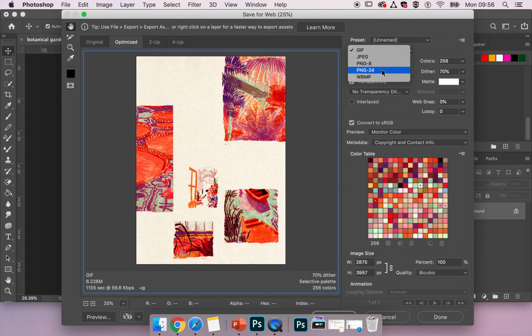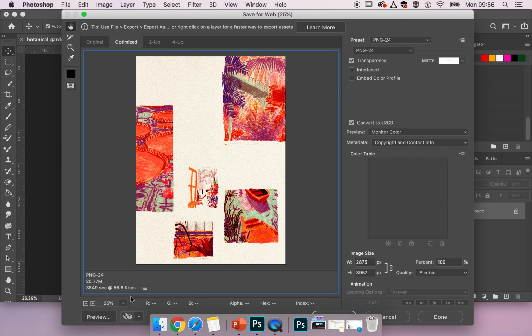PNGs have really high quality images. However, if I pick my PNG 24, what we're going to see is that there's still incredibly large file sizes. So yes, optimized, slightly smaller, but still much too big for our websites. So let's focus predominantly on our JPEG. And beneath JPEG, we can pick whether we have low, medium or high quality. However, if I pick my high quality, that's taking me to about 3 megabytes, which is still too big for